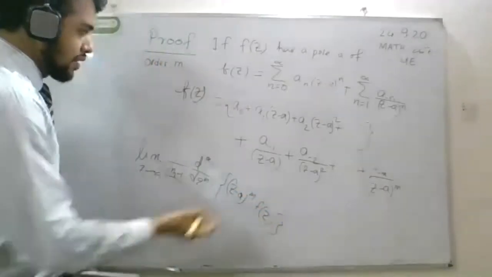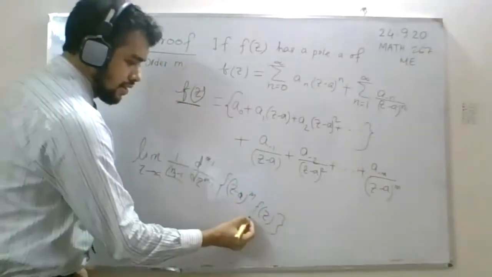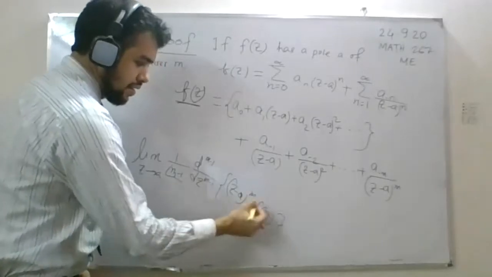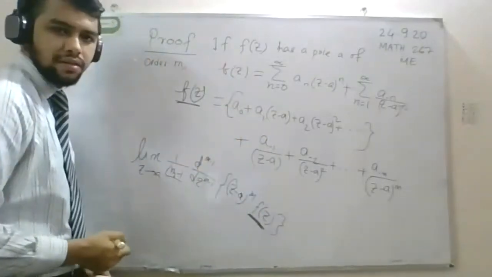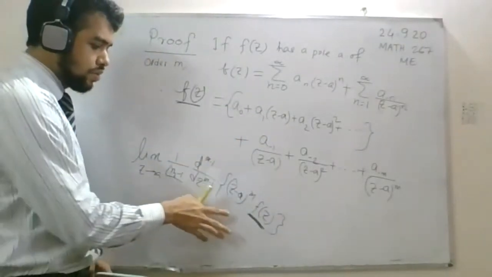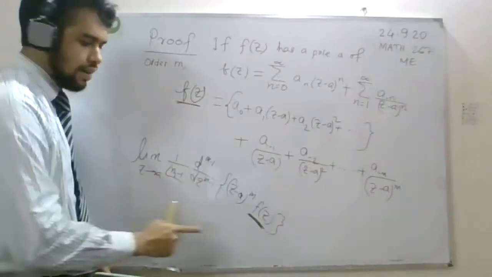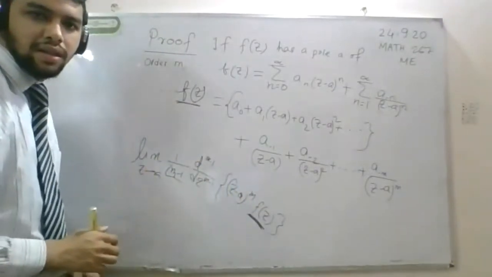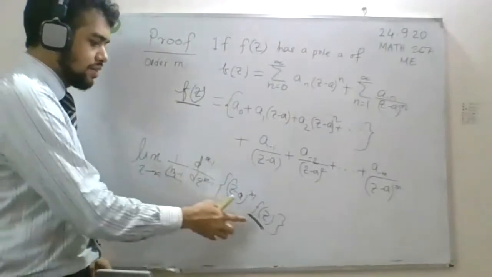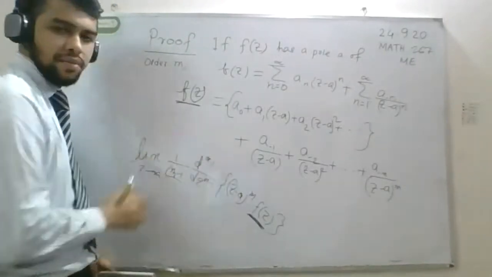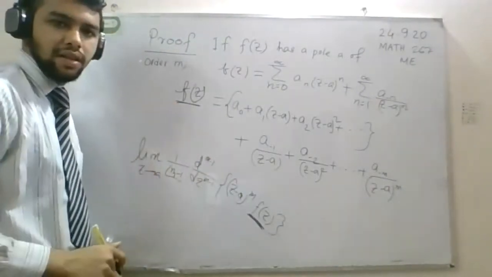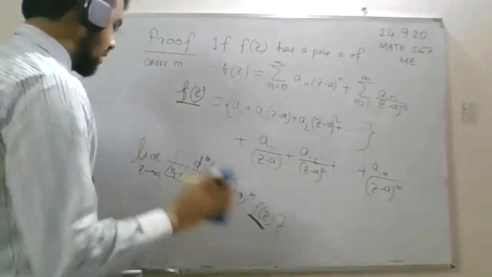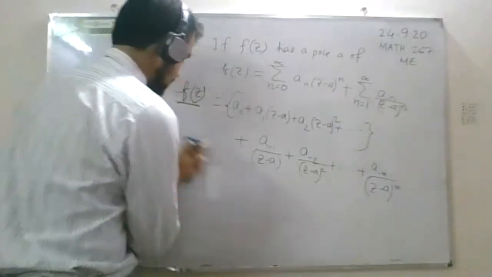So here given f(z) equals that. Now you have to multiply z minus a to the power n on both sides. Just multiply z minus a to the power n in this equation. So if I multiply this, you can get